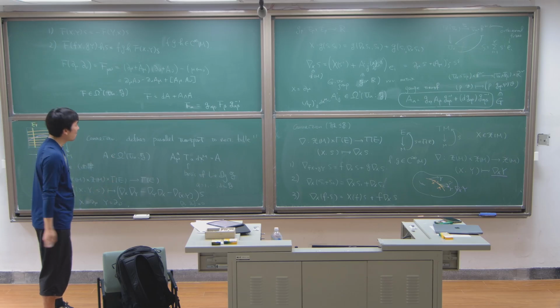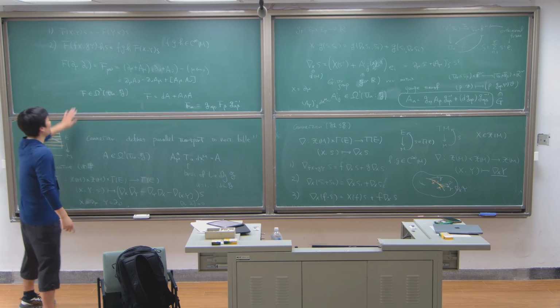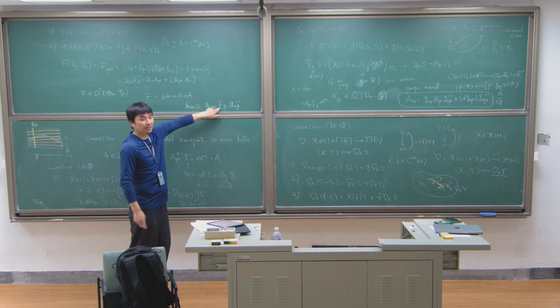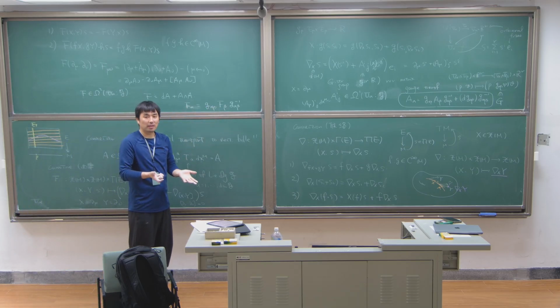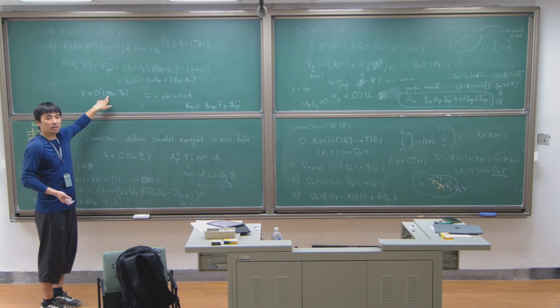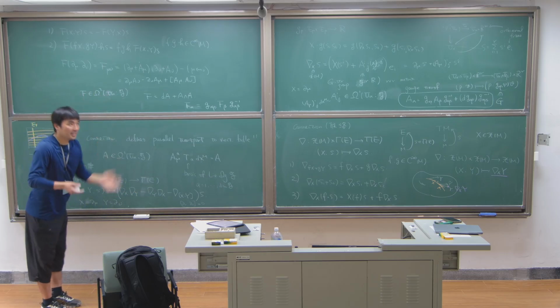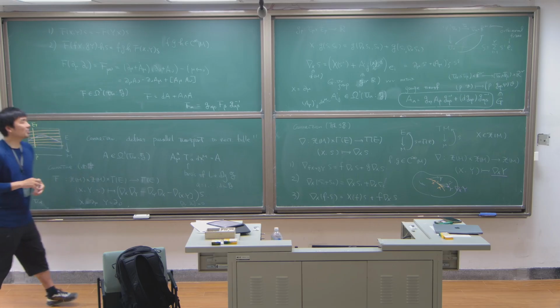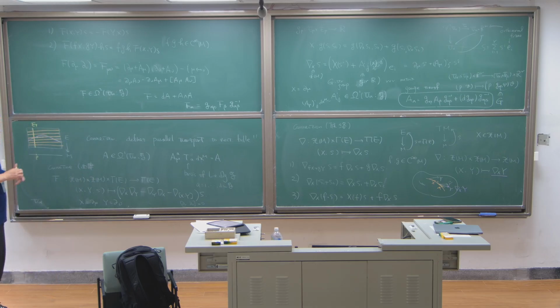So now this F can be defined locally as a two-form. Locally, Lie algebra valued two-form. Okay, a Lie algebra valued two-form. And if you want to define it globally, what you need to do is that the